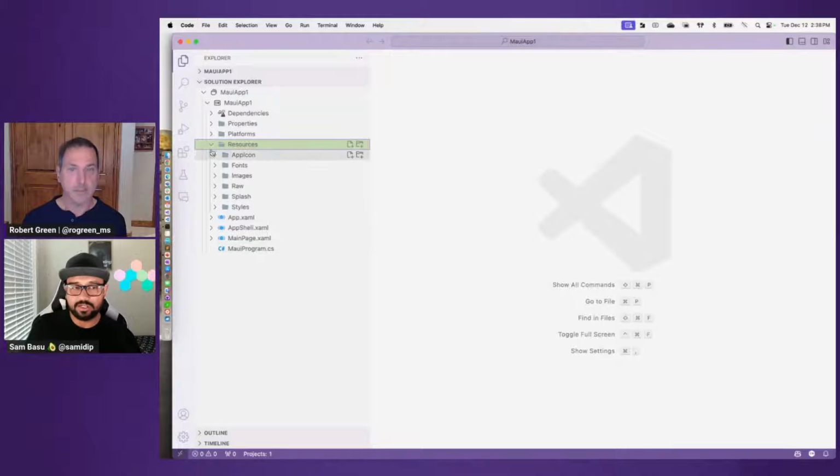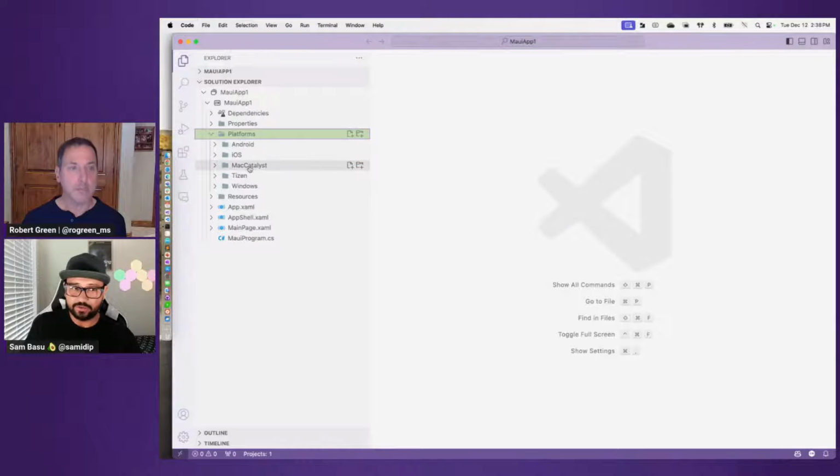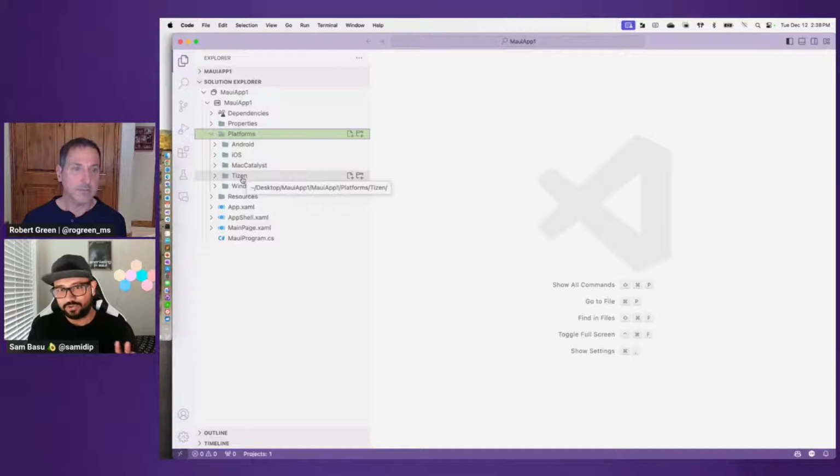Now, if you wanted something that you only want for iOS and not for anything else, you do have those platform folders: iOS, Android, Mac Catalyst, Windows, Tizen. That's still okay, even though it's not really mobile, but maybe it is, because Samsung's smartwatch, the Gear Watch, runs Tizen, so you can reach Tizen with .NET MAUI. So if you want something that's app specific or platform specific, you go put that in the platform folder.